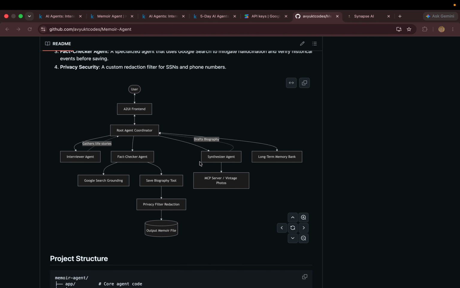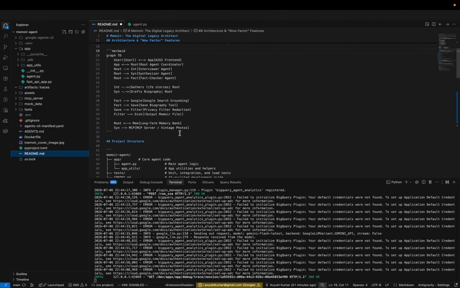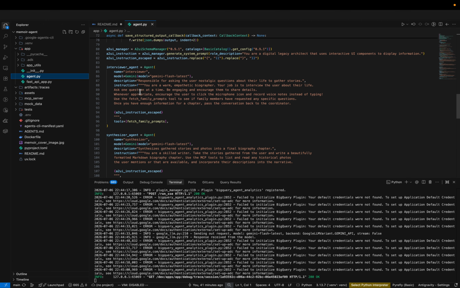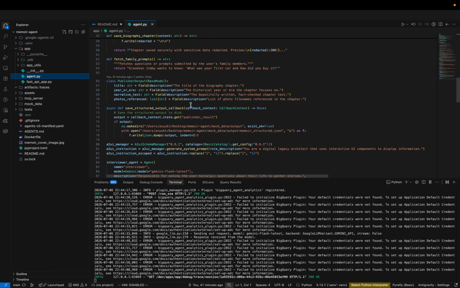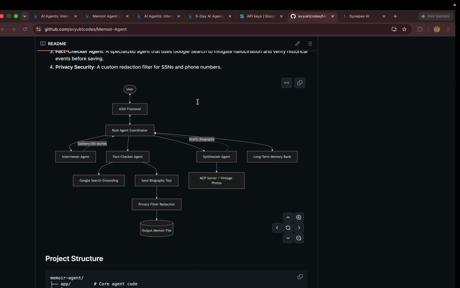And as I showed you, this was the project. Pretty much this is the main file, and I showed you the four main agents which are working, and it's live on my